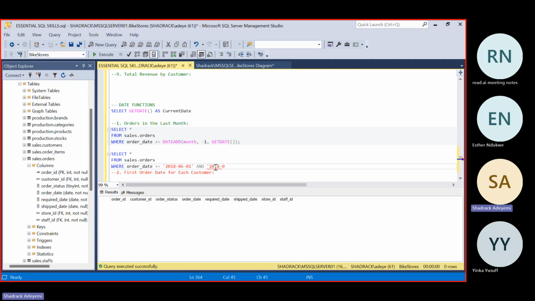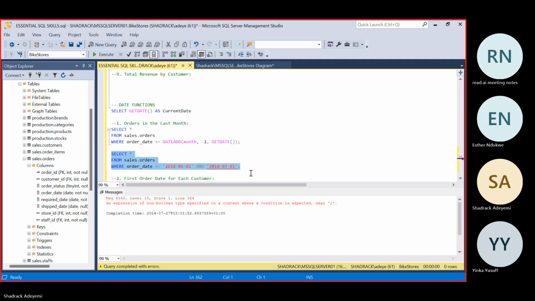You should also know the format of your dates in your system, because it could be very detrimental if you don't. So I'm going to run this. Oh, sorry, there's a mistake in my colon. 2018.